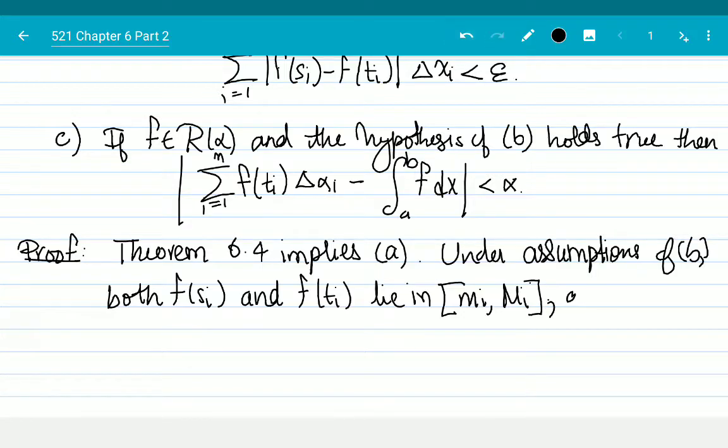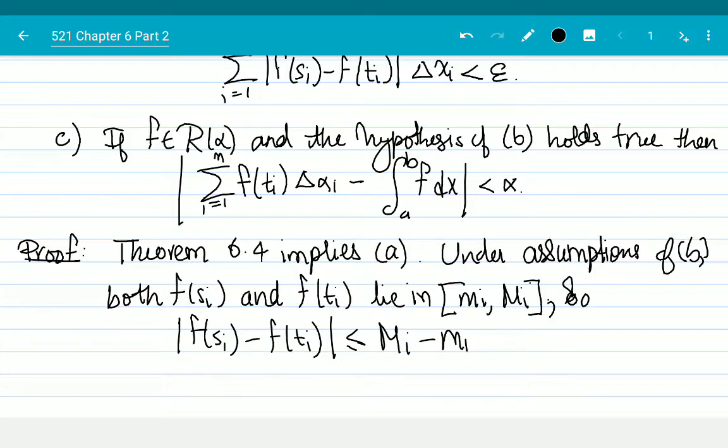And so the absolute value of f of si minus f of ti is smaller than or equal to capital Mi minus small mi, and thus